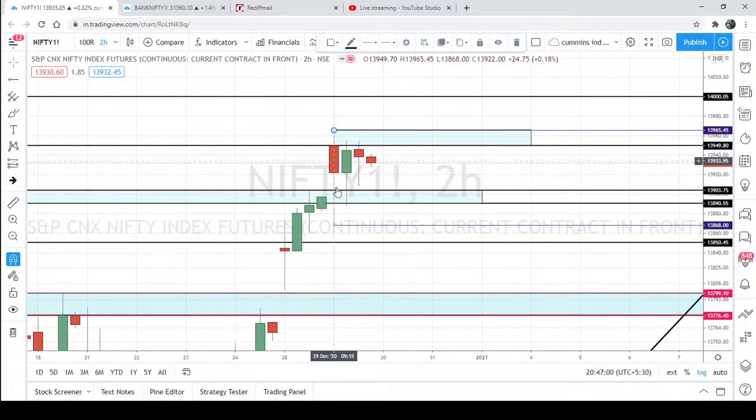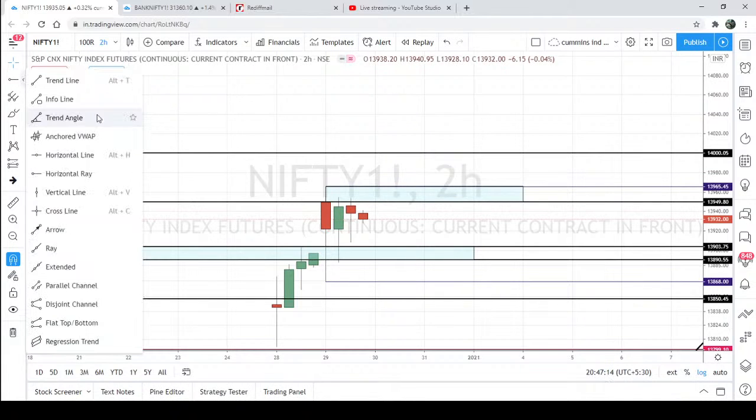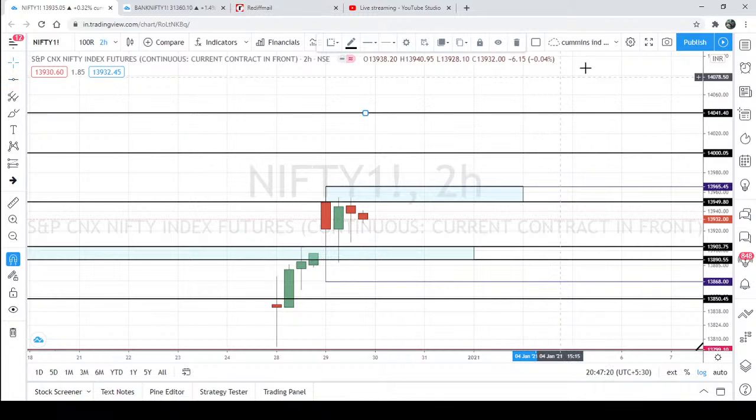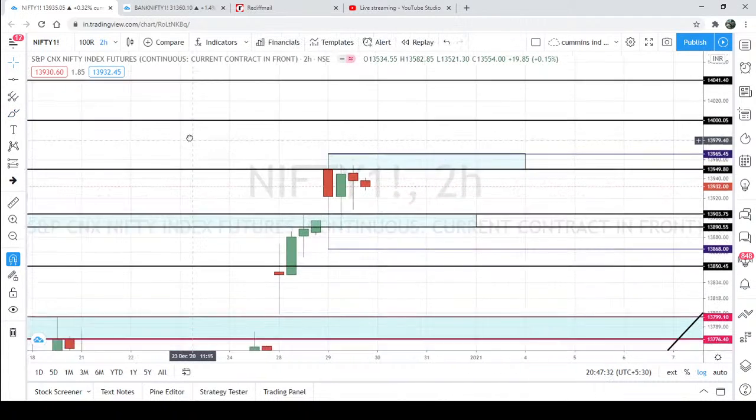So this is a major bar and these are the smaller bars. In case this high breaks, there are good chances we can see 14,000, and on the upside we can see 14,040 and then 14,080. These are the levels in case it closes above today's high tomorrow. And in case it breaks down, yes, it can enter some of the zones I marked previously.